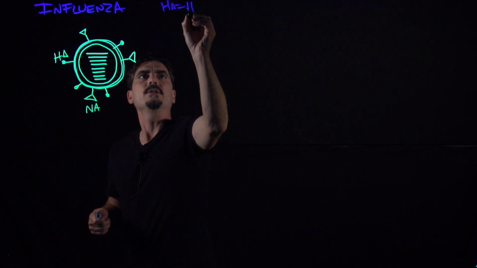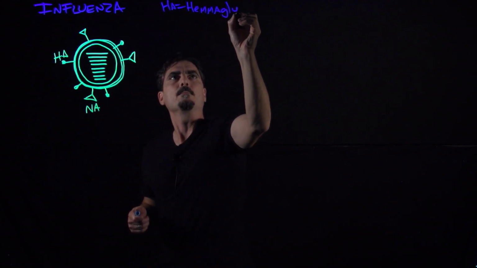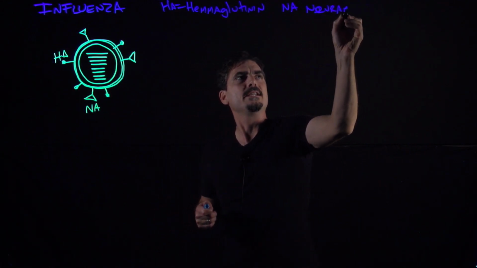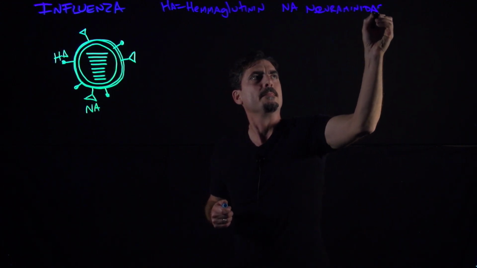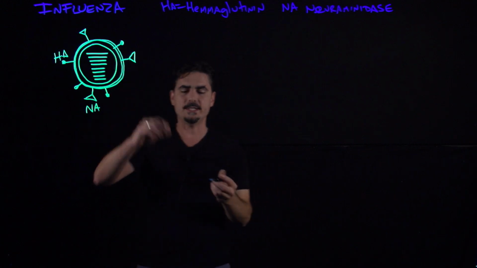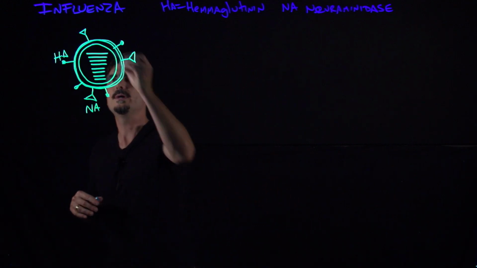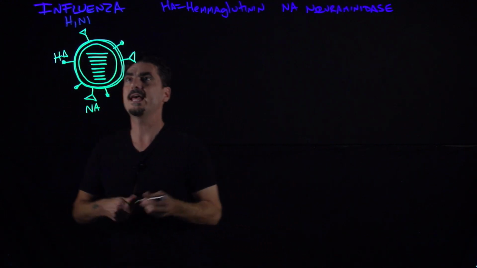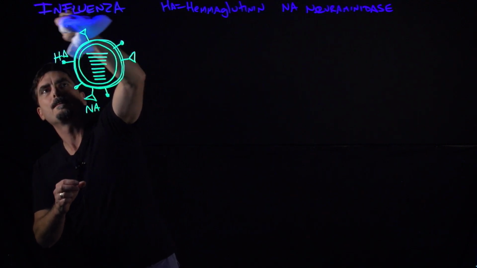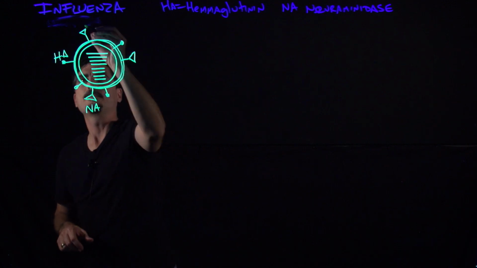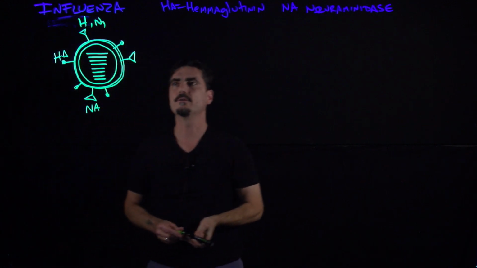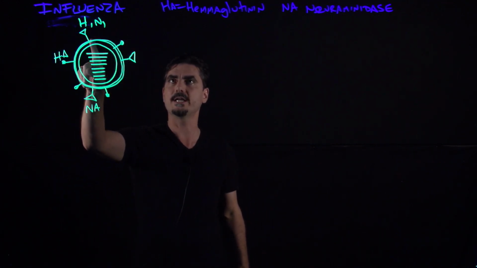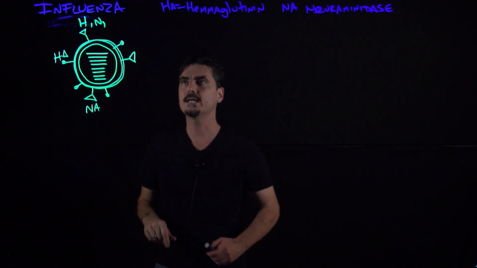So when we're talking about that, HA is hemagglutinin, NA is neuraminidase, right? And in this particular case, I'm just going to make up a hypothetical example. This is influenza of type H1N1. And let's go ahead and make that green to match. This is H1N1 over here. Okay? So H1N1 means that this particular virus has the first variant of hemagglutinin and the first variant of neuraminidase,